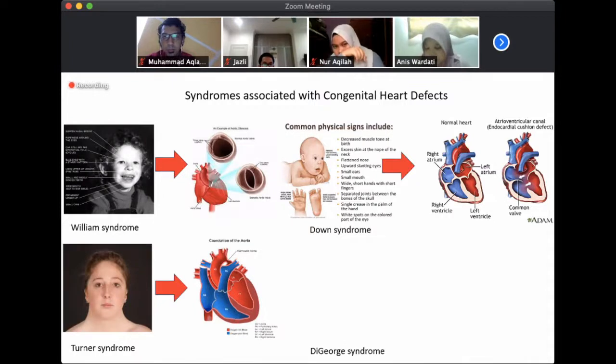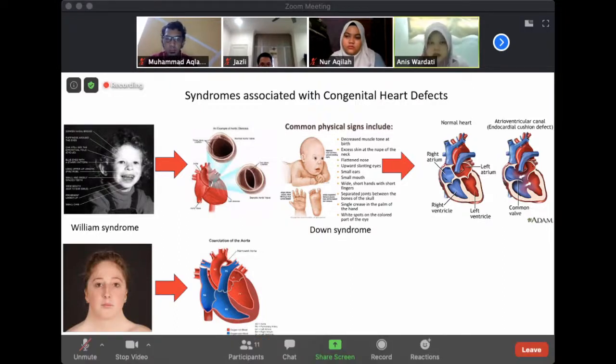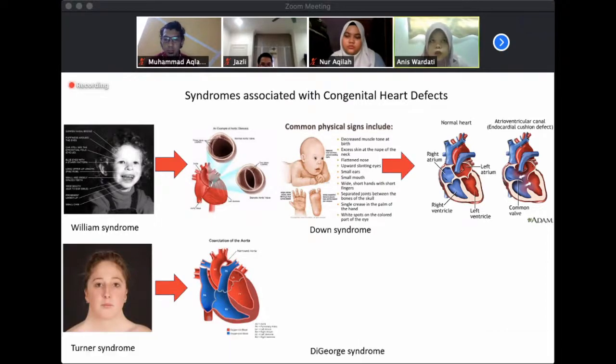Other than these characteristic facies and limb anomalies, they can also have intellectual disability and congenital heart disease. For congenital heart disease, the most common is AVSD, the atrioventricular septal defect, or another name, endocardial cushion defect. As you can see on the right,